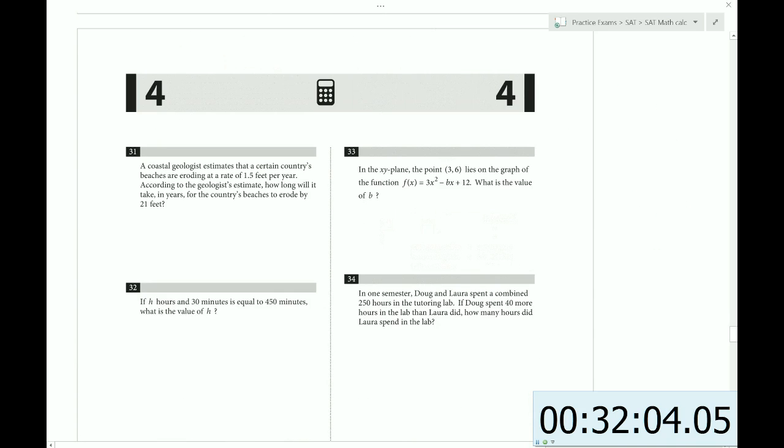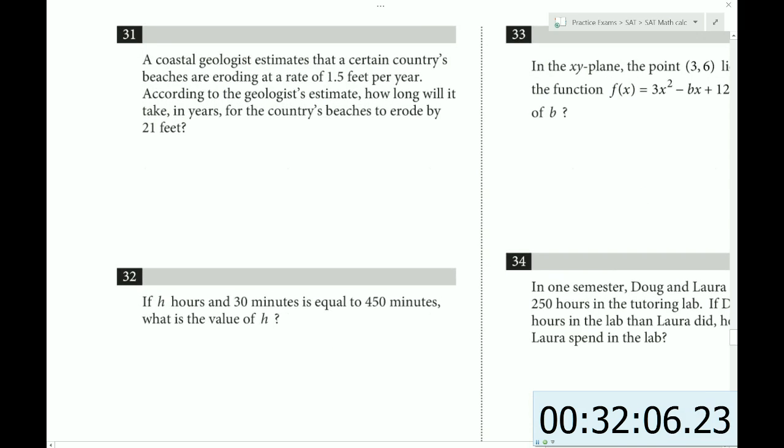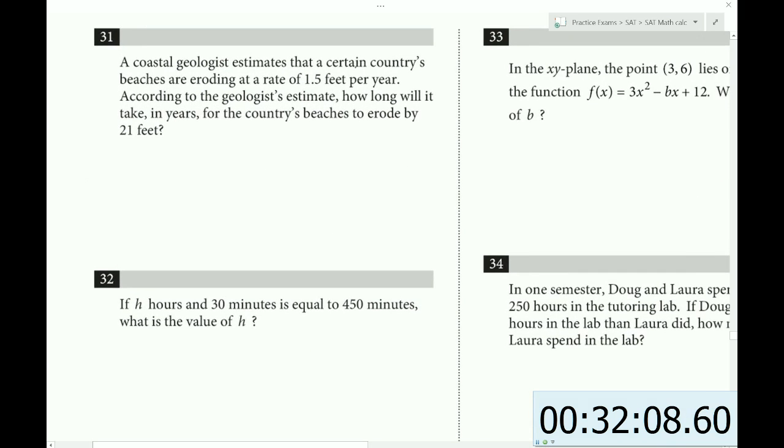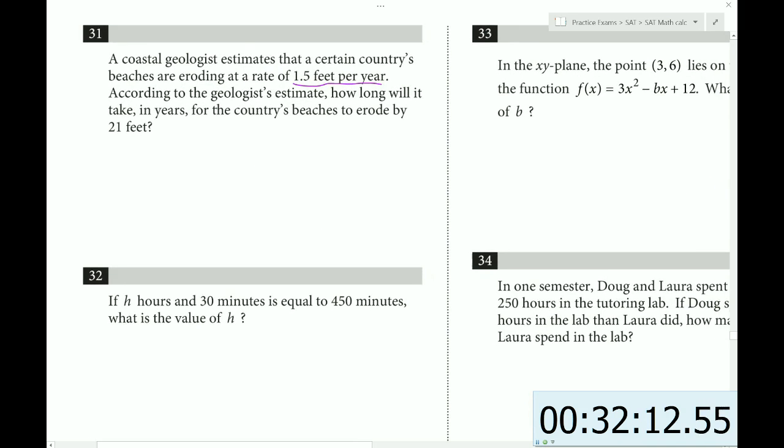All right, we're on to the grid-ins. A coastal geologist estimates that a certain country's beaches are eroding at a rate of 1.5 feet per year. According to the geologist's estimate, how long will it take in years for the country's beaches to erode by 21 feet? So 1.5 feet in 1 year, and they want to know how many years it would take to do